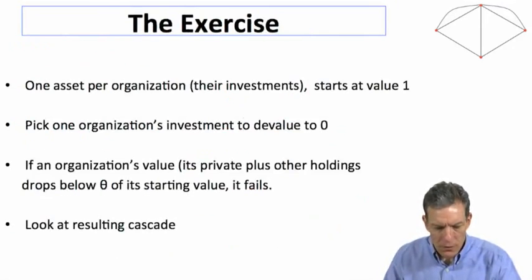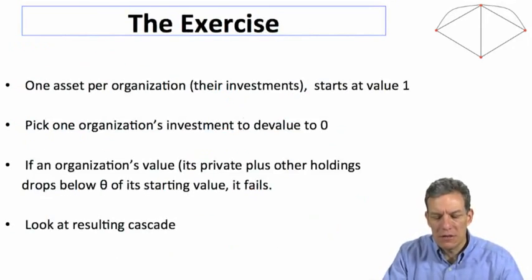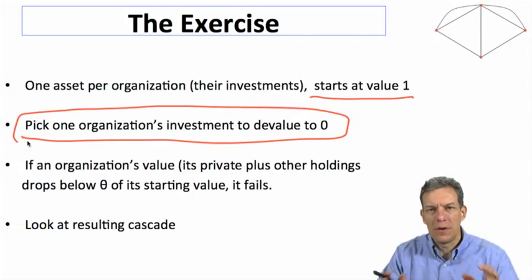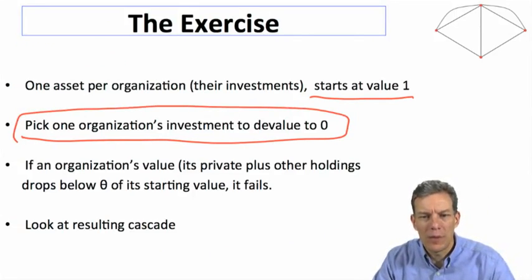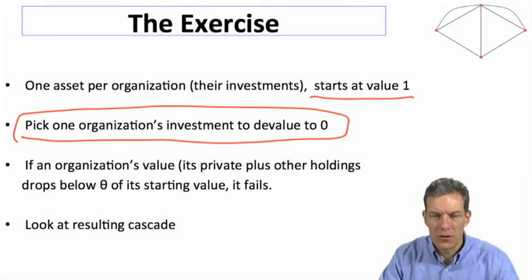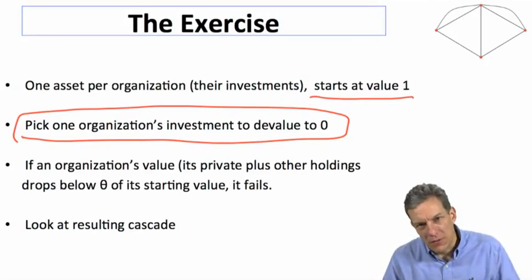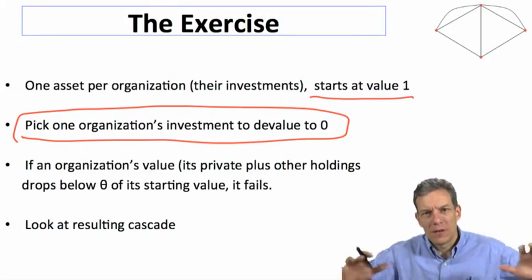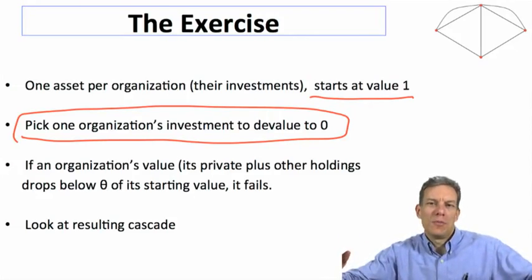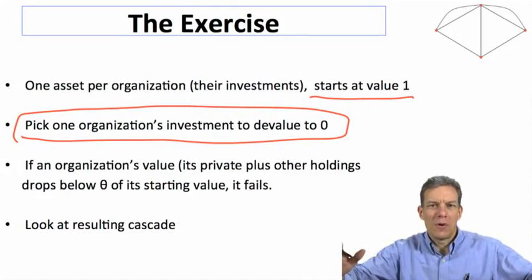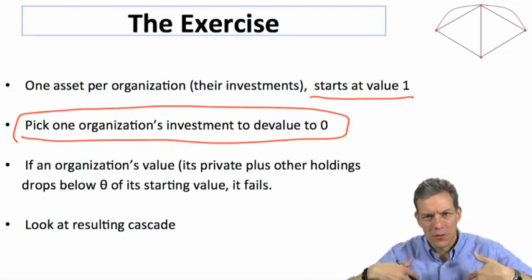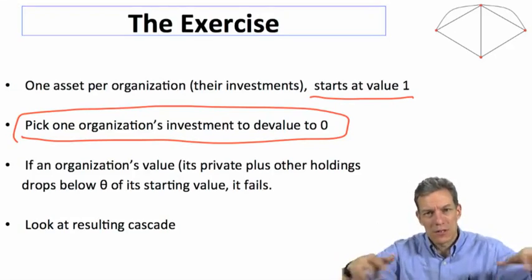Okay. So 1 asset per organization. It starts at value 1. Pick some organization to fail. So somebody has a bad outcome. Their investments no longer pay off. Their investment drops to 0. So that means that it's going to lose the 1 minus C of its value directly. It's also meaning that the payments that are supposed to be owed to others, the 1 minus C going outward, is going to be affected. That's no longer going to go out. And some of that then affects other organizations' values. Those values come back, it's a feedback in terms of how they impact further organizations, including the original one